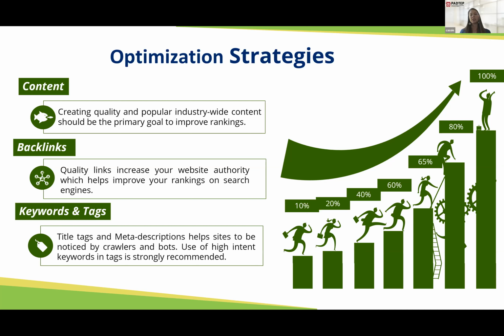Now, one more strategy for improving SEO is to include quality keywords on your website. You want to use words or phrases that are searched for a lot on search engines, but are also specific to your business. For example, if you're a bakery, some popular search terms that you might be found for are wedding cakes, custom birthday cakes, cookie platters, holiday pies. Make sure to use keywords like this on your site because they could help people to find you online if you use these keywords on your site.